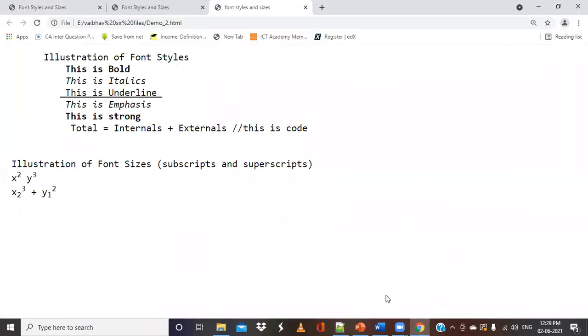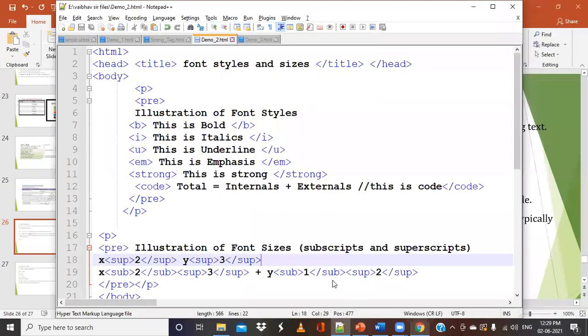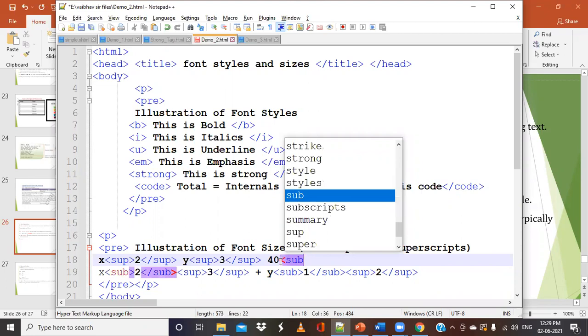Okay. Now if I want, for example, 40 to the base 10, in such a situation I may use the subscript. So I put 40, and then I want the subscript to appear, so I put sub.